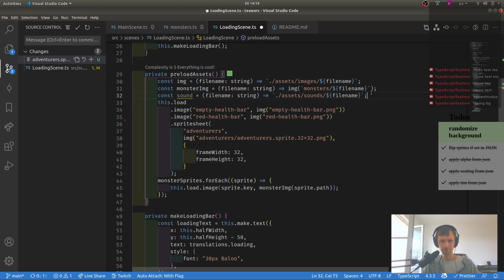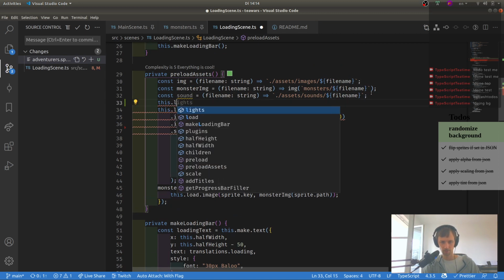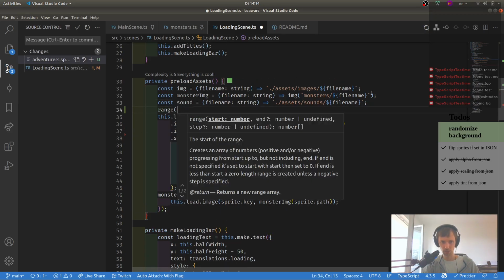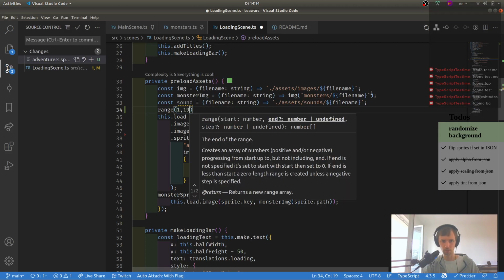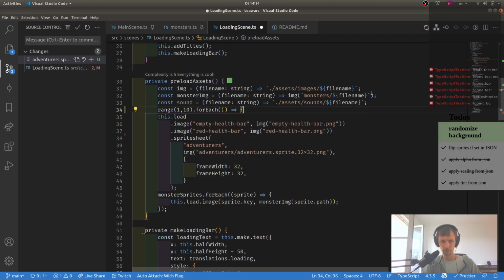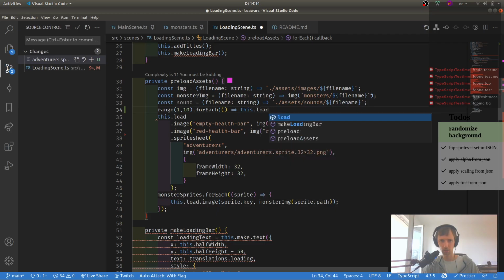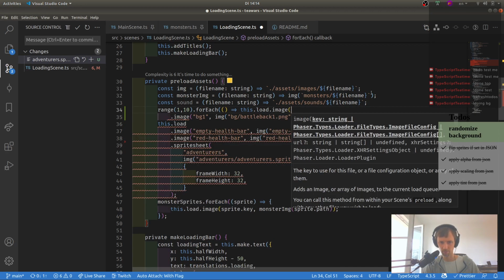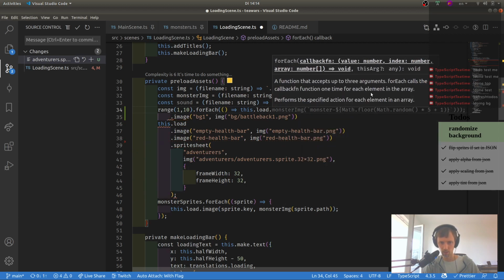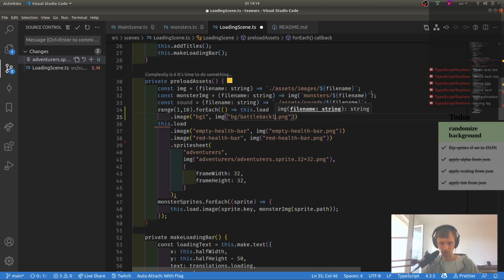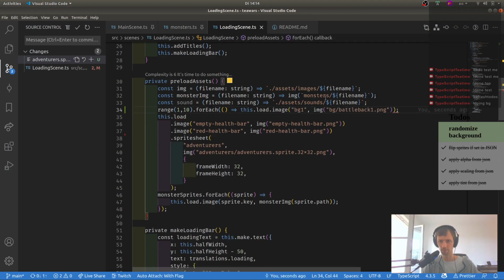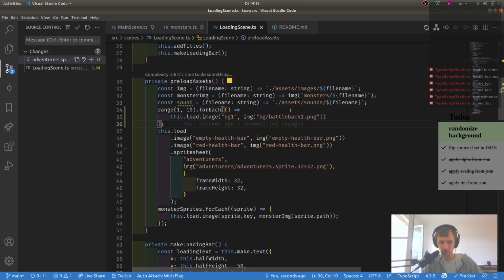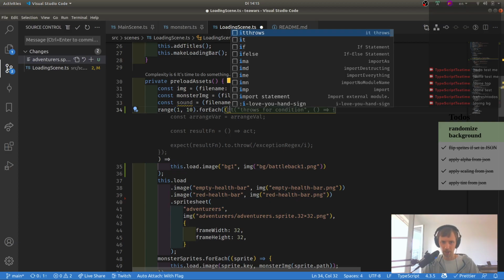For example, by just saying, okay, yeah, this dot load sounds good. Or we say, again, a range. We want to go from 1 to 10. Dot for each. Yes. We say this dot load, this dot load dot image. Like so. That didn't work. Save. Why do you not do the thing? Okay. Is it missing? Ah, okay, yeah. It's missing a parenthesis. That's why. Okay. Perfect. And now if we have our number i here,